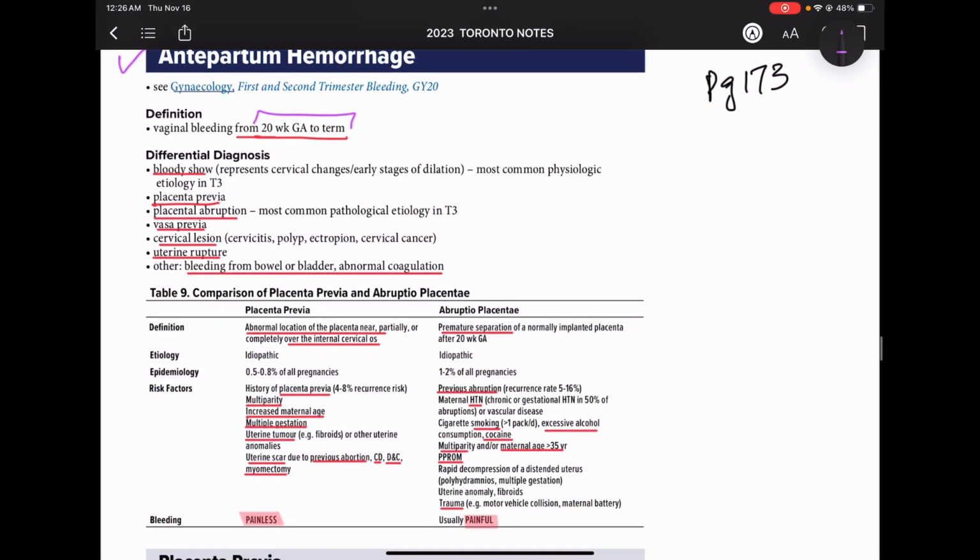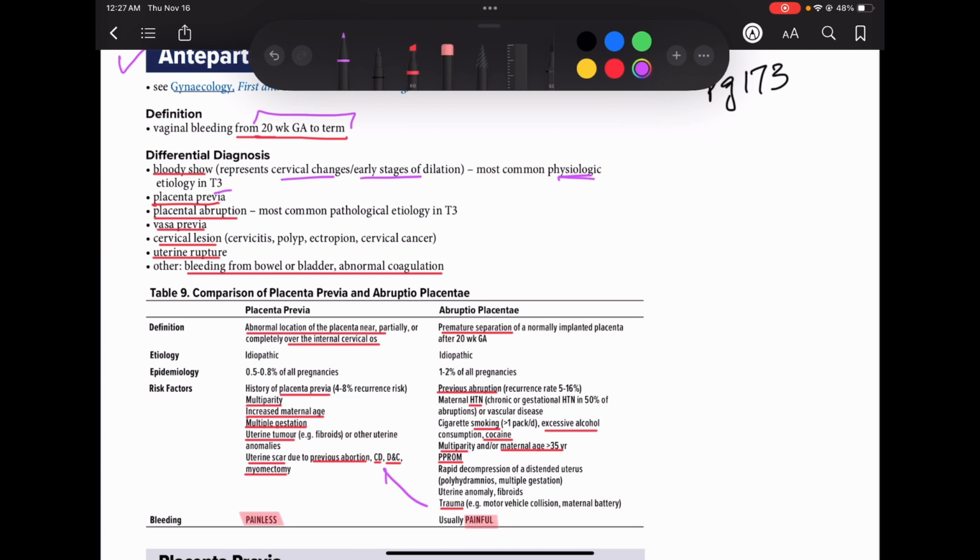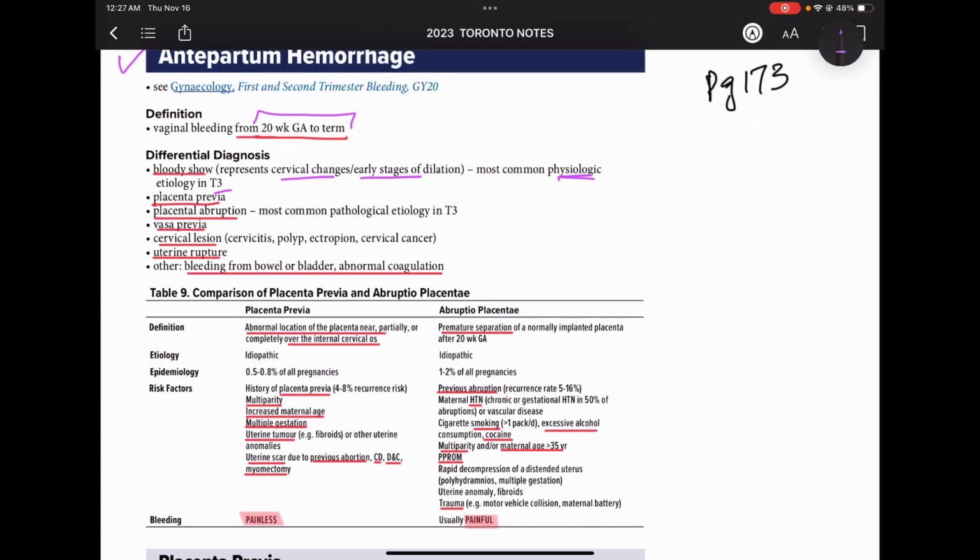And what could be the differentials? It could be either bloody show, which is the physiological etiology in third trimester. So if it is happening in third trimester, there are cervical changes, there is early stages of dilation, then it must be bloody show. But if it's not that, then it could be placenta previa, placental abruption, which is the most common pathological etiology in third trimester. So in third trimester, the most common physiological etiology is bloody show, but most common pathological etiology